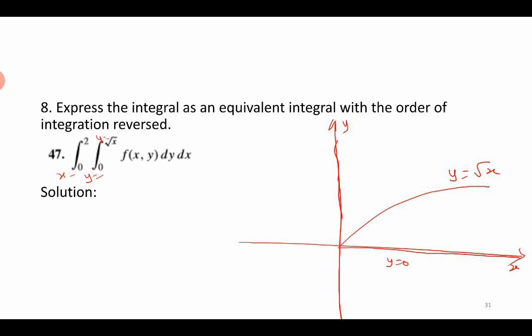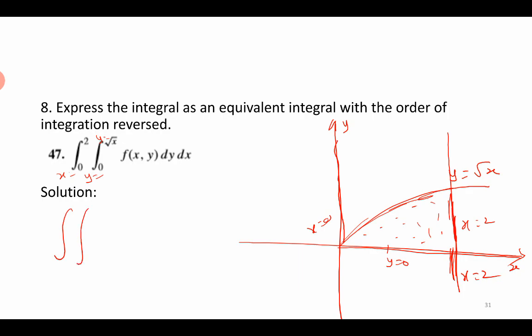This is called x equal to 0, and x is equal to 2. Let's draw a line here. Let this be x equal to 2. So this line is x is equal to 2. So this is the region you are working on. And now we want to integrate with respect to, so our order is changed. F of x,y, instead of dy dx, we will write dx dy. So which is